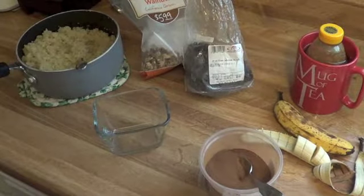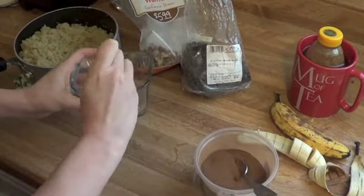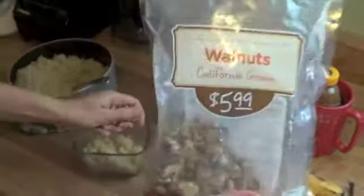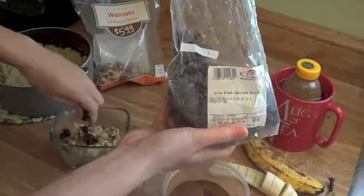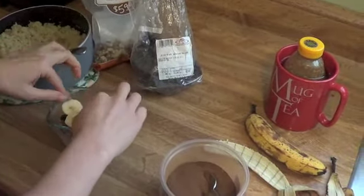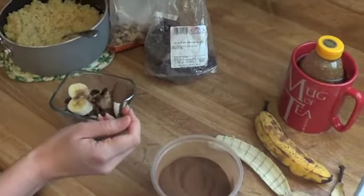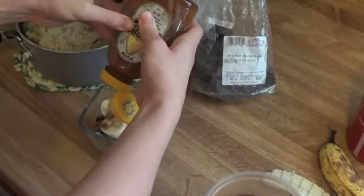Then all you need to do is assemble your oatless meal. Start by placing some quinoa into the bottom of your preferred container, and then top with walnuts, raisins, bananas, a sprinkle of cinnamon,